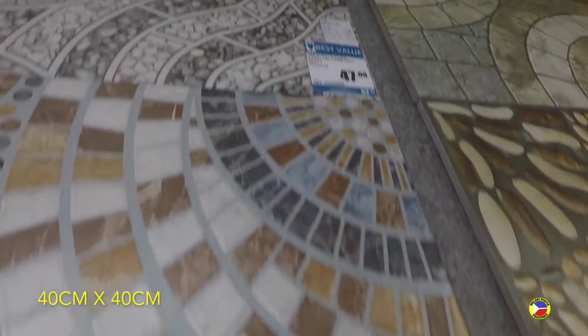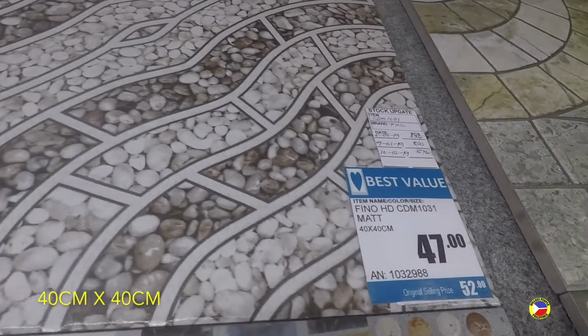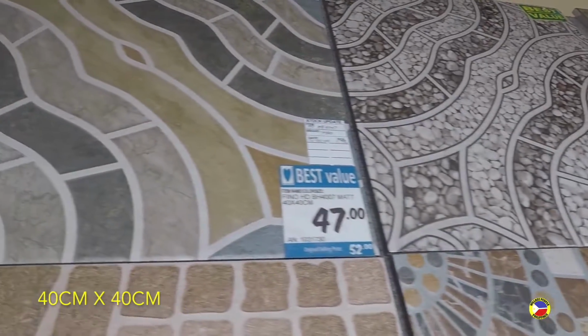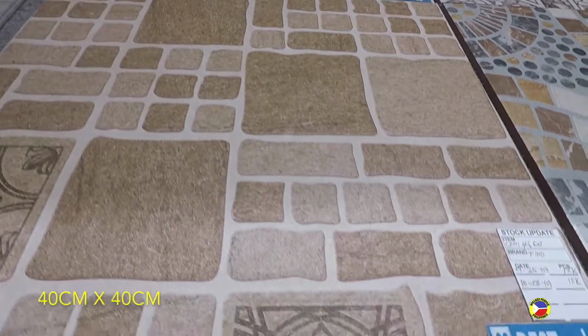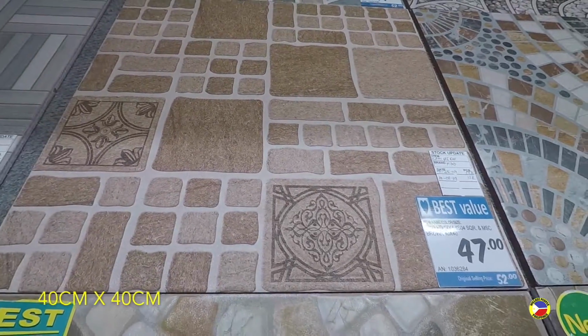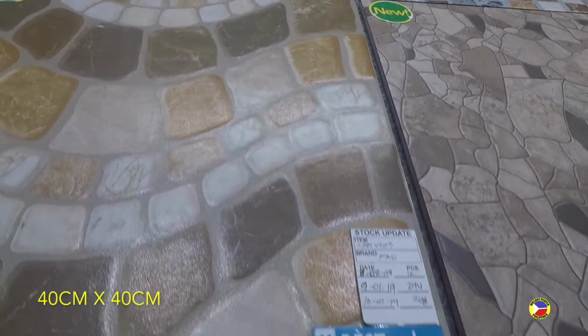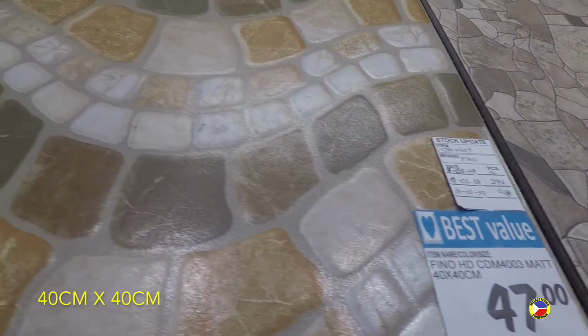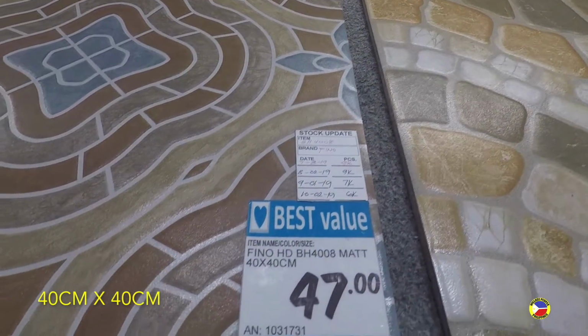pesos. But you need to have the design connect each other to see the whole pattern. This is 47 pesos. Again, this one here with a wave look, and this is the squarish at 47 pesos. There you can see it, and this one's got its wavy pattern at 47 pesos. These are the matte effect tile, and you got the